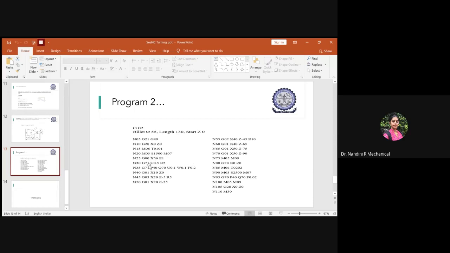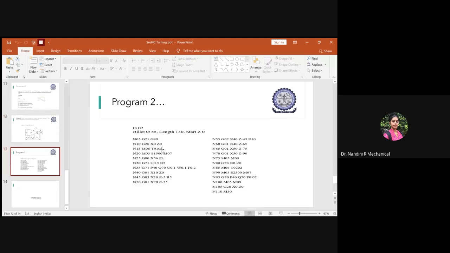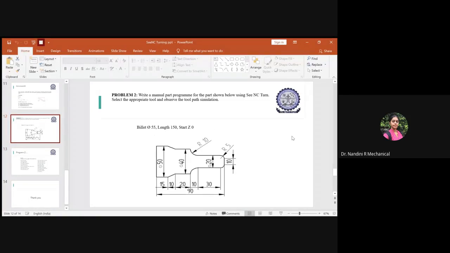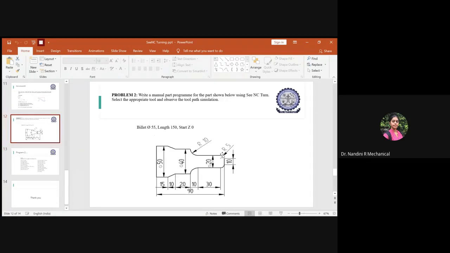After that, you have to start with the rapid traverse. Why? When you have set the tool to the home position, the tool is somewhere away from the workpiece. Now you use the rapid traverse so the tool can come near the workpiece quickly. You give the command X56 and Z1 so that the tool comes nearer to the workpiece.